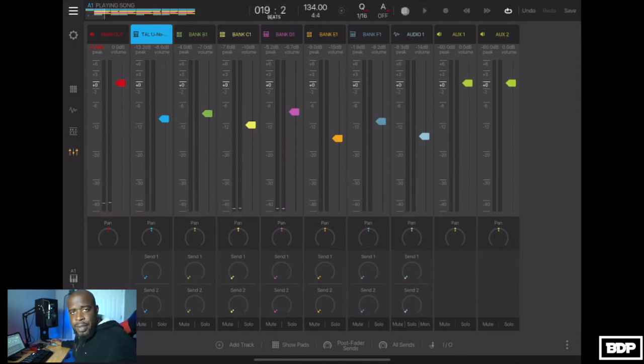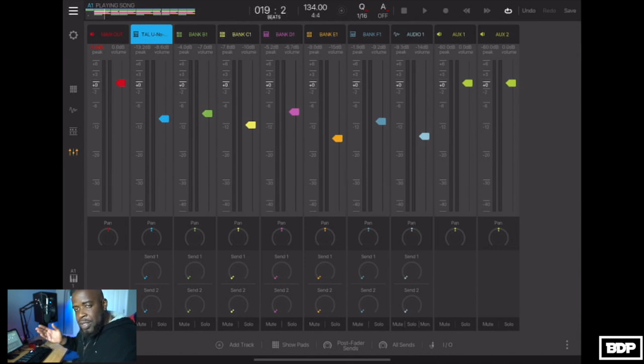All right, so as you can see, sounds pretty cool, but it needs a few things. There are a few areas that I want to tackle, and the main thing for me is the drums, the claps, the kick, the bass, and the hi-hats. And what I want to do is cut things out that I do not need so everything can kind of fit in the track and sound a little bit better,